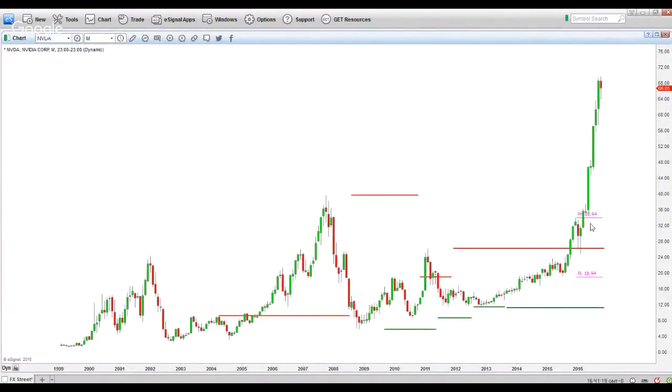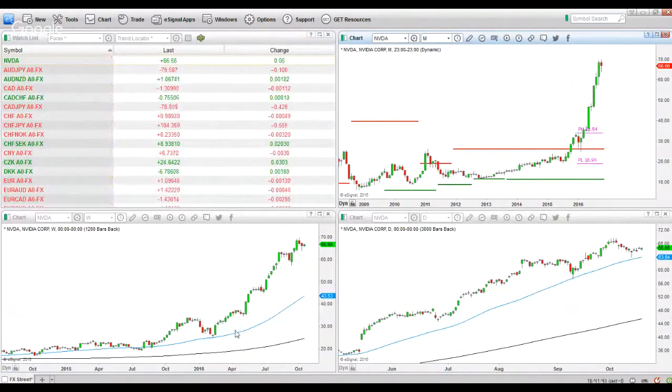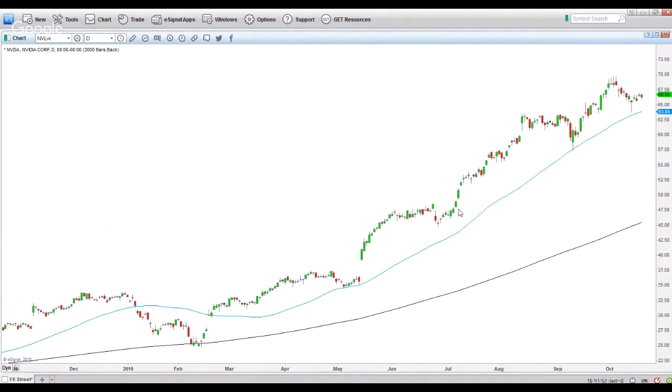So Nvidia, I'm long on Nvidia. I've been long since $40. This is now at around $70. Again, round numbers: 40, 50, 60, 70. If this clears $70, I want it to go towards 80, 90, and $100. If it clears $100, $150. Always go in the direction of the trend. Above the weekly 50, above the weekly 200, above the daily 50, and above the daily 200. So everything is in alignment. Look how well it respects the 50 as an area of support in a bull trend, and of course an area of resistance in a bear trend.